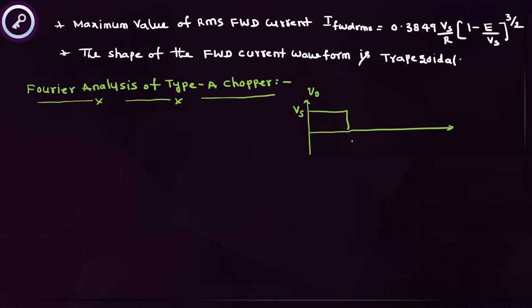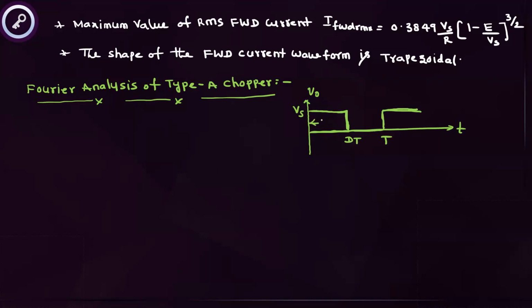This is T on. T on is nothing but d T. Chopper is off. This is T. Then this is the output. This output voltage waveform is a pulsating DC. Since it is a pulsating DC, if you apply the Fourier analysis for this waveform,